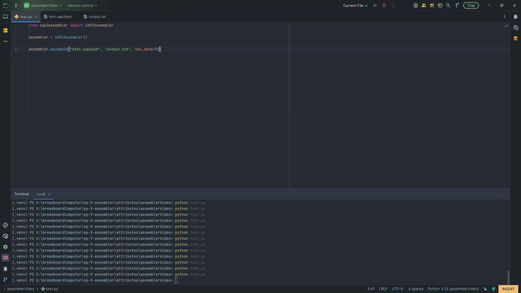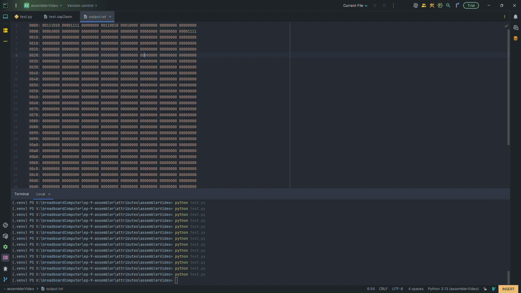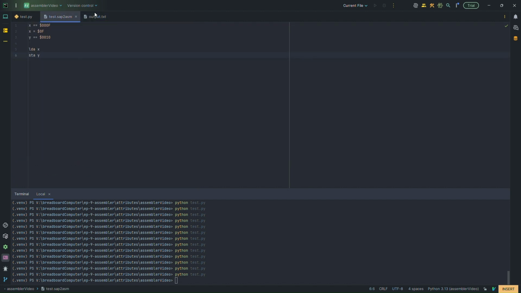And then we have hex data, and then we can say row width equals, let's say, 8. So now if I run this, it'll print 8 bytes, and then it will go to the next line and keep printing 8 bytes. So you can see here we have address 0000, and then after that the next 8 bytes are at address 0008, and then it keeps going all the way down, and then we can say n bytes is equal to, let's say